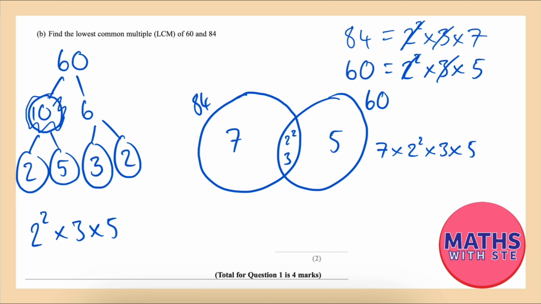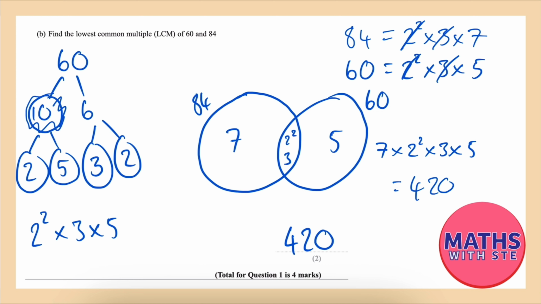This is a calculator question. I'm just doing a paper 2 over Easter. So let's do this now. We're going to go 7 times 2 squared times 3 times 5, and that equals 420. Therefore, the lowest common multiple of 60 and 84 is